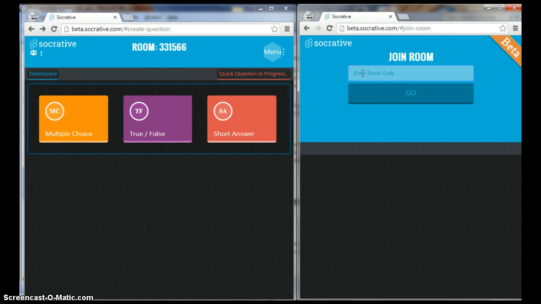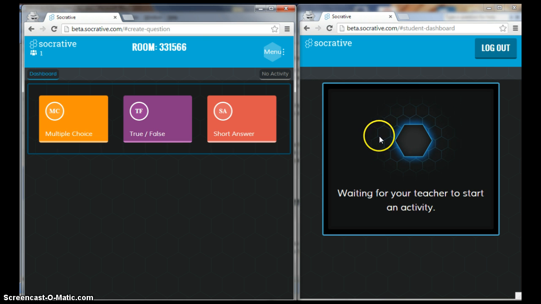Students will join the room by entering the teacher code. This is my code. And then this screen shows while the student is waiting for you to create the question. You can see here, so far you haven't created the question because it says no activity. Let's go ahead and pose a multiple choice question to our class. So once I click here,